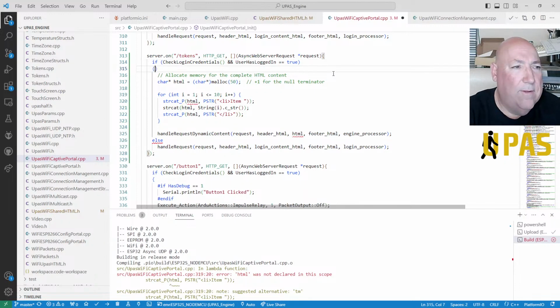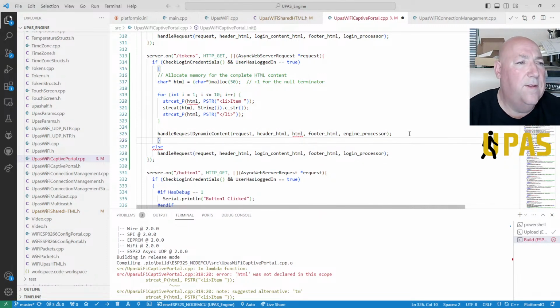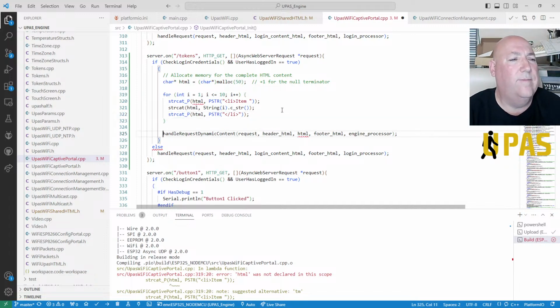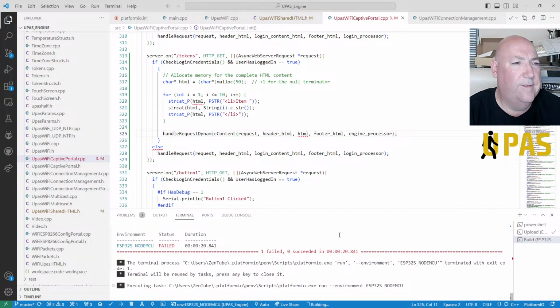I need to put that brace in there, and we need to come over to there. We need to just shove that over a bit. Okay, that should do it. Alright, let's try and compile that.